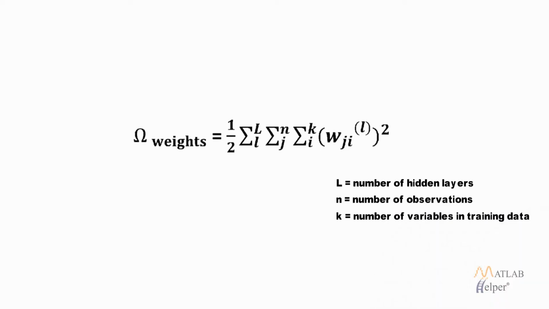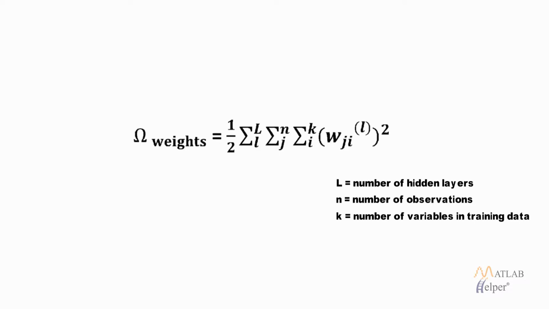Moreover, it is possible to make the sparsity regularization, the third term in the cost function, small by increasing the value of weight and decreasing the value of z. So adding this term will tend to prevent this effect. You can see in this equation that w represents the weight, i is the input neuron and j is the hidden layer neuron. So the weight from the input neuron i to the hidden layer neuron j will be summed over all the variables in the training data.